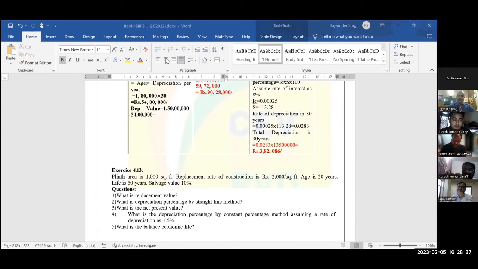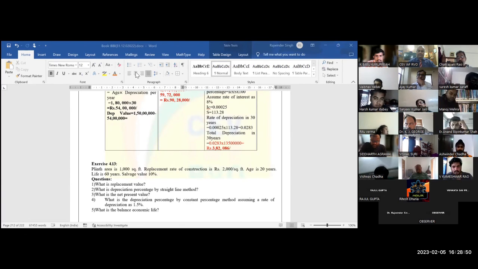We will rejoin at 5 p.m. Till then, you can switch off your screens, and after the tea break, we will continue to understand the basics of market approach, because while calculating the value of any property, you need to calculate the value of the land on which that building is constructed. And for finding the value of the land, you need to calculate it most appropriately by using the market approach method. And market approach is the most